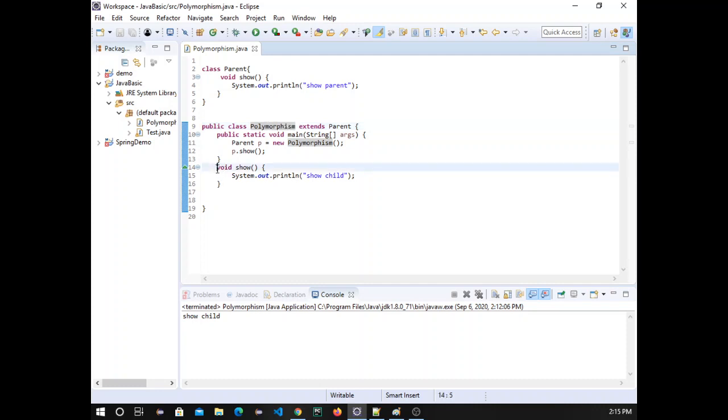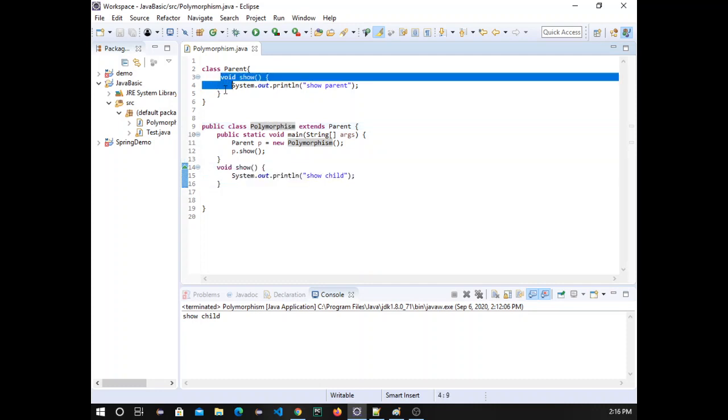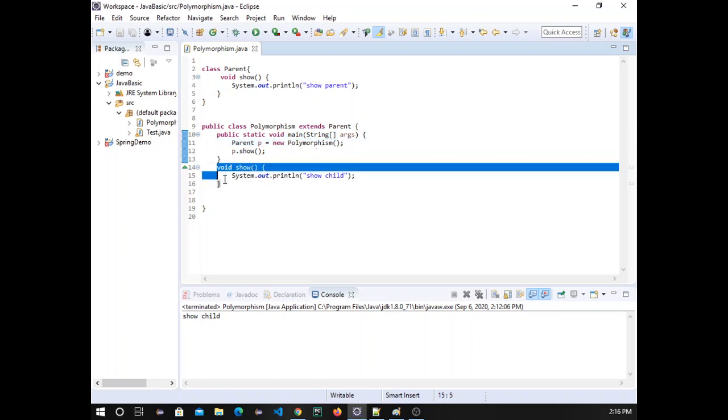So at runtime it will call this function, while at compile time it was saying I have to call that function, but at runtime it got decided according to the object type. So which function is being called is decided at runtime.